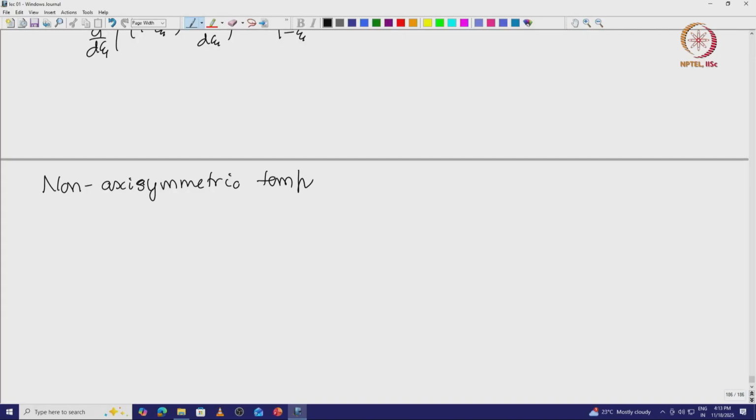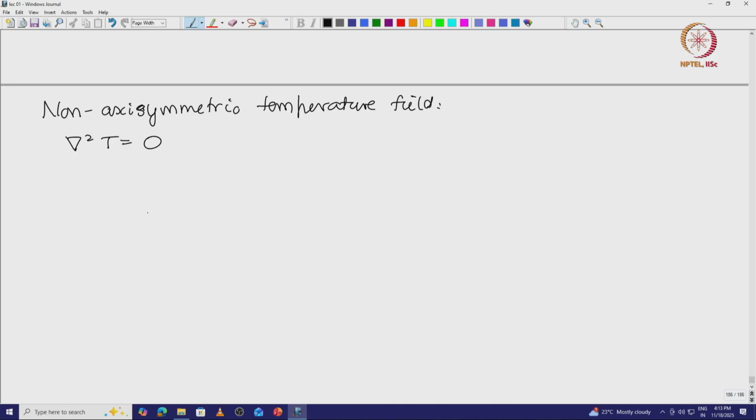In the last lecture, we were discussing separation of variables for a non-axisymmetric temperature field. Del square T equals 0, which is 1 by r square partial by partial r of r square partial T by partial r plus 1 by r square sine theta